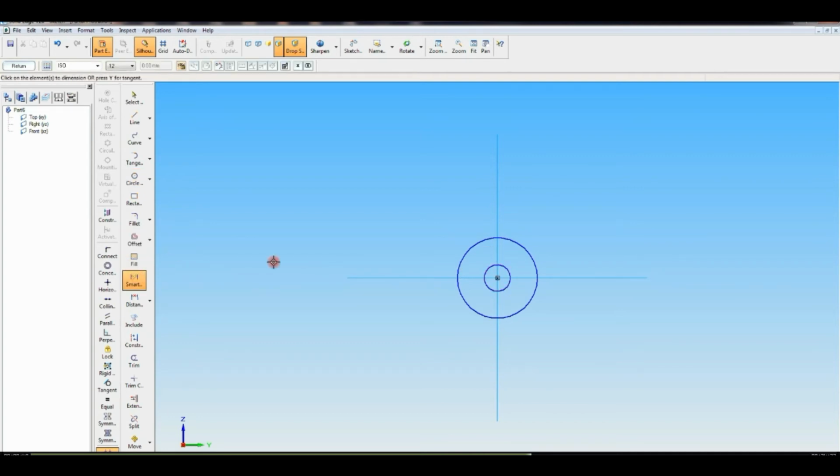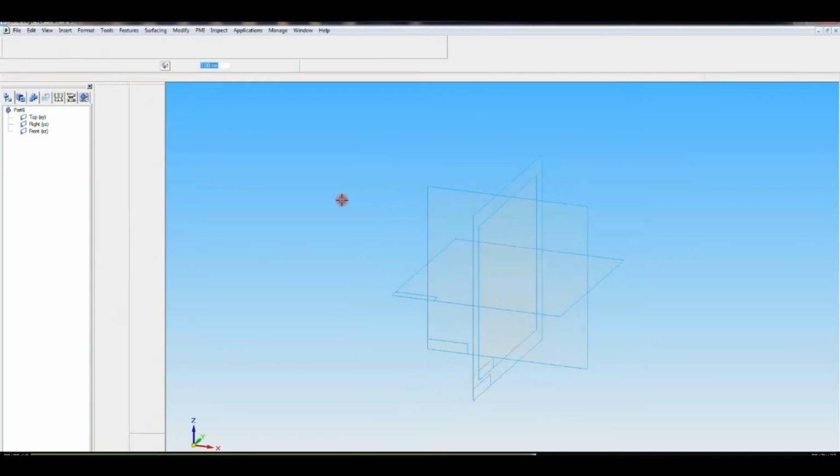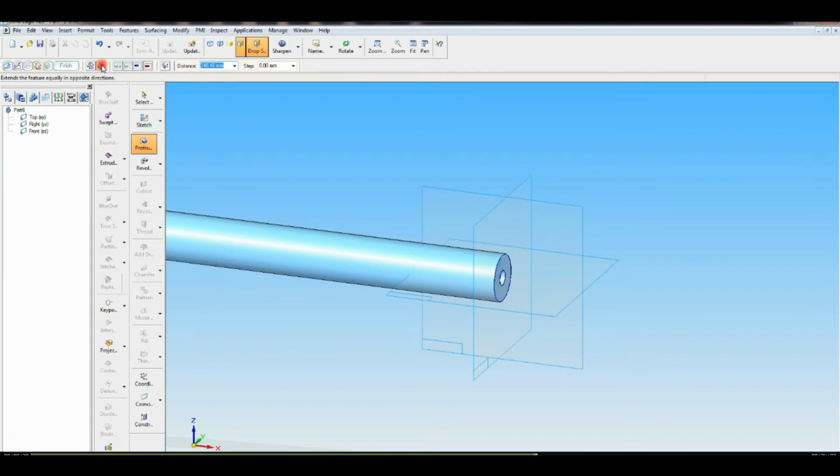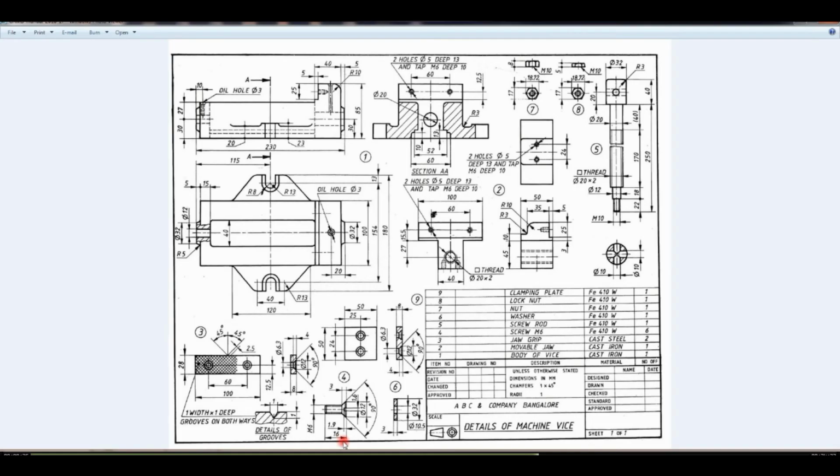Then go to smart dimension with dimensions 32 and 10.5. Return. Symmetric extent, thickness is about 3 mm.